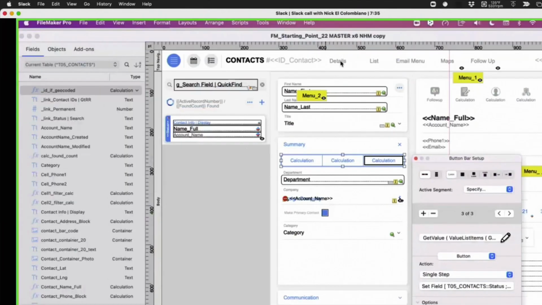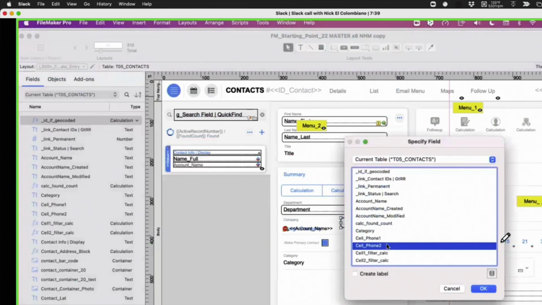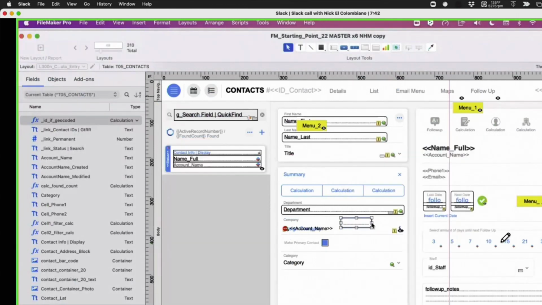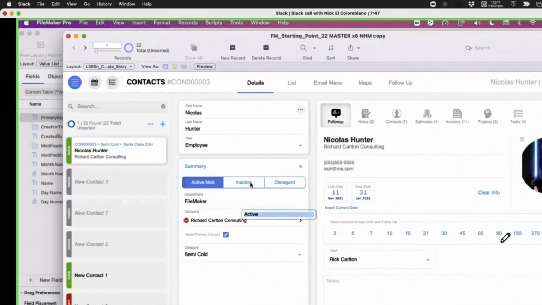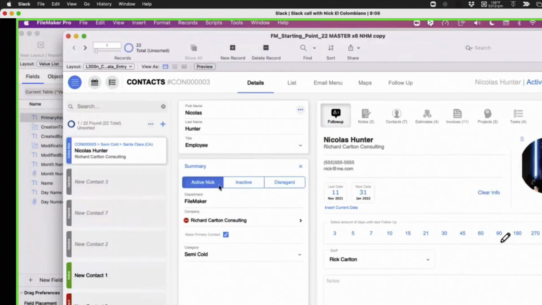So that's why in the starting point, if I show the field status, I have the state active, inactive, disregard. But if I select again, now it will say active Nick. Inactive, okay, so it clicks. Now you will say, Nick, how do you make sure that the button here is active all the time?